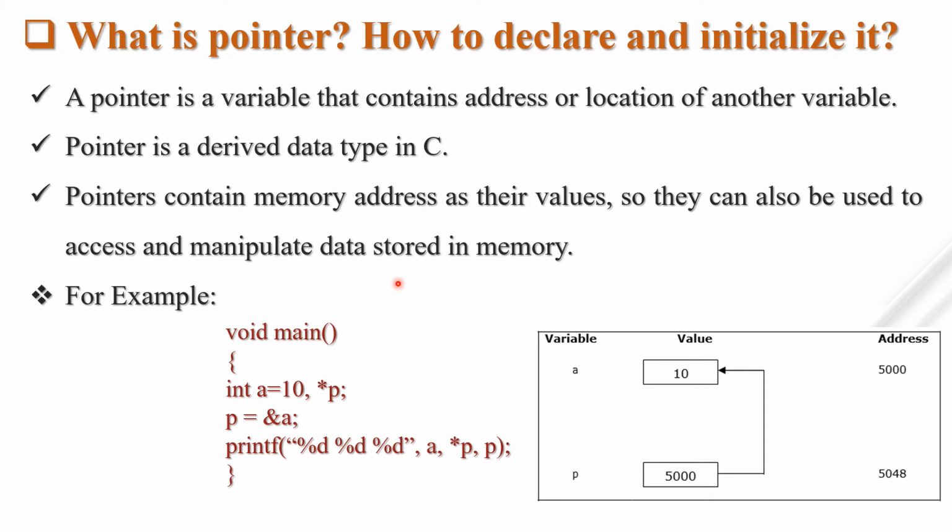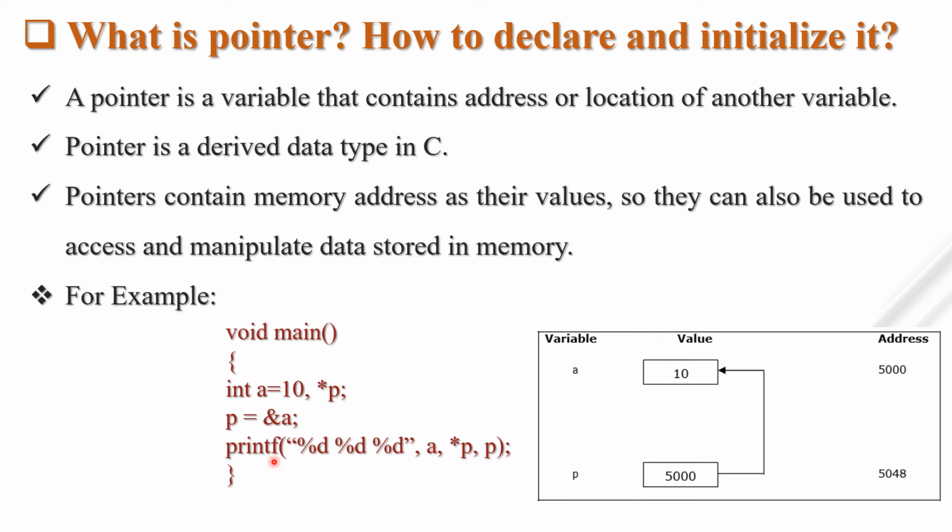For example, suppose this is a pointer. How to declare a pointer, I will show you in the next slide. We have to declare a pointer using this asterisk mark, that is star. Star p: so the compiler knows that this variable p is a pointer which is used to store the address of another variable. Here we initialize a equal to 10 and we declare one pointer whose name is p. What is the usage of this p? It can store the address of another variable. So I assign the address as the value of p. The address of a will be stored in the pointer p.